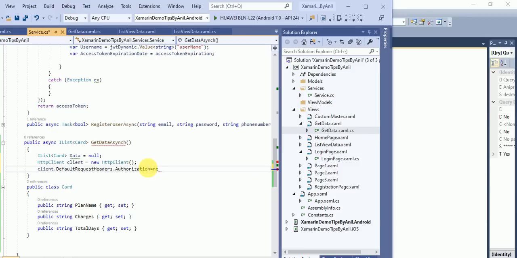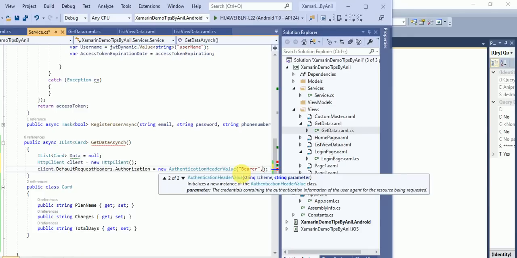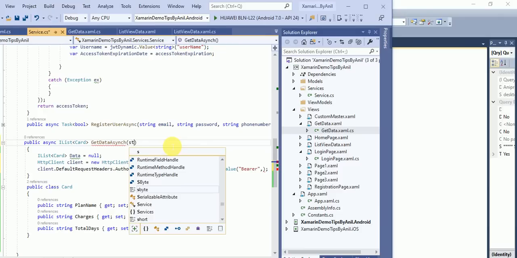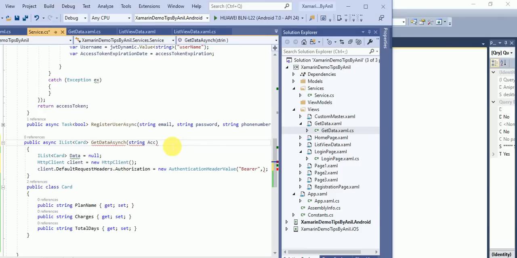Authorization equals new AuthorizationHeaderValue. In this parameter you can see scheme and parameter. Here I will pass Bearer, and comma token. Here I will pass the string token.